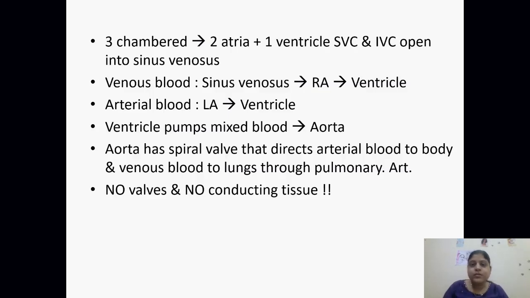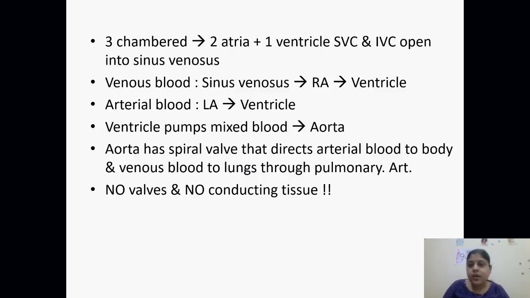So first of all, what is the heart of the frog? It consists of two atria and one ventricle. The superior vena cava and inferior vena cava drain the blood into the sinus venosus. So venous blood comes from the inferior vena cava and superior vena cava, drains into the sinus venosus, and then enters the right atrium and then the ventricle. Arterial blood from the left atrium enters the ventricle, and then